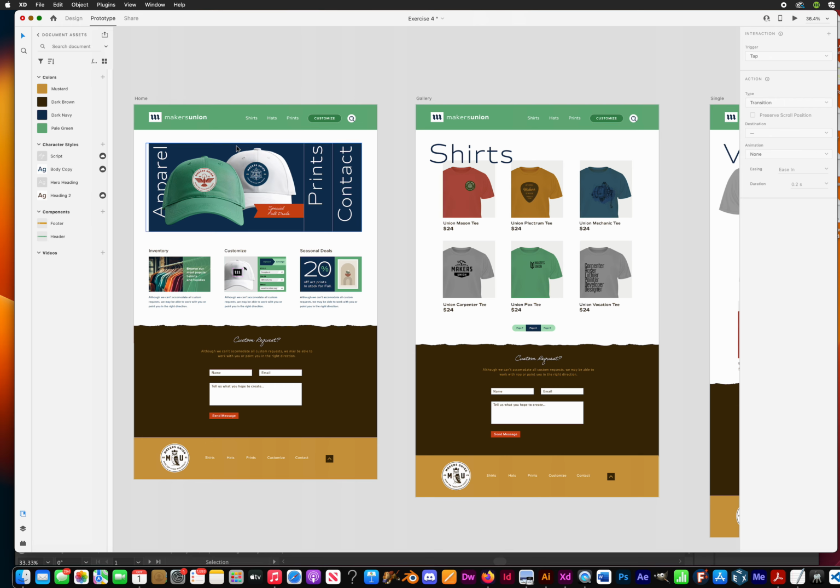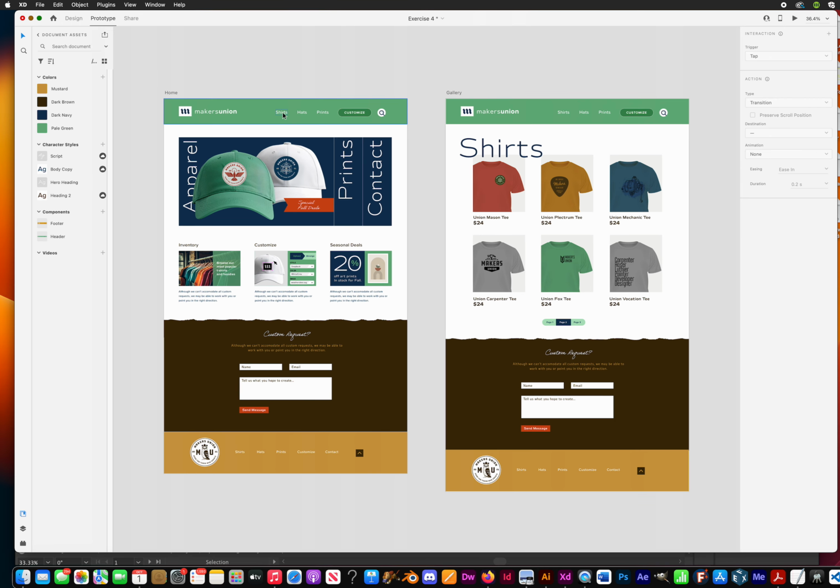And then I'm going to come into my layout. I want to add some links in my header. There's not a lot that I can add to them right now because I don't have a hats page or a prints page. But there's a couple. I can add a shirts link and a customize link inside of there. So I'm going to double click into my header so I can select items inside of there. I'm going to click on shirt, and then I'm going to just click this blue arrow and drag it to the artboard that I want to link it to. In this case, I want to link it to the gallery page, which has the thumbnails